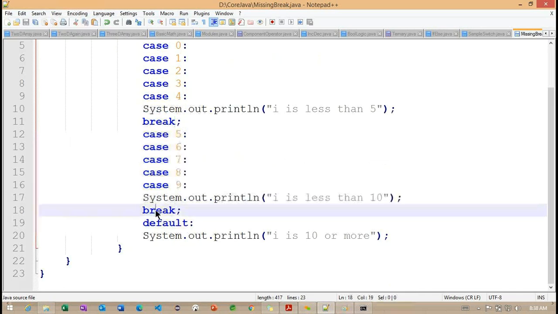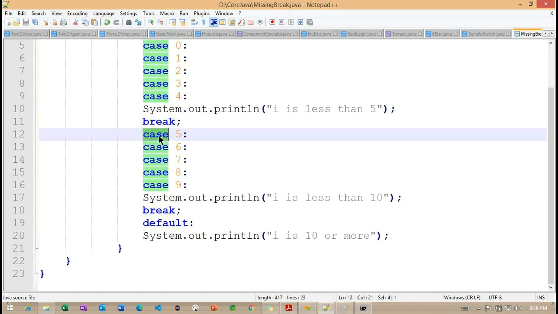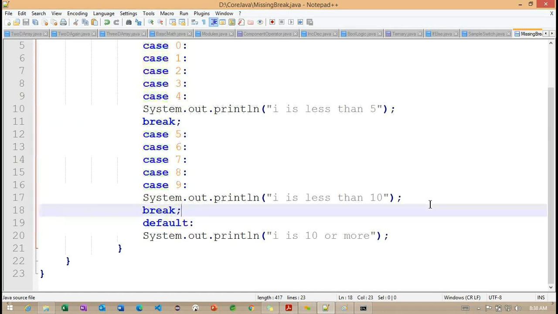This is a very important example. Without the break, we identified the drawbacks here. But in real time, we are not going to define it like this. In each and every case we work with the break, because we don't want to give permission to execute the different cases. Just for understanding, if I miss a break statement, we identified how the cases execute internally. Any questions regarding this current example?